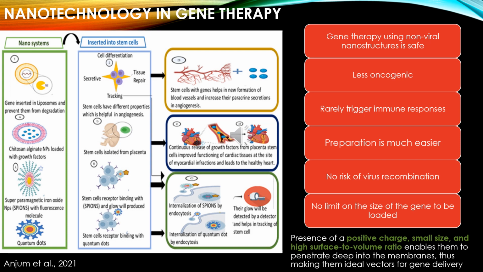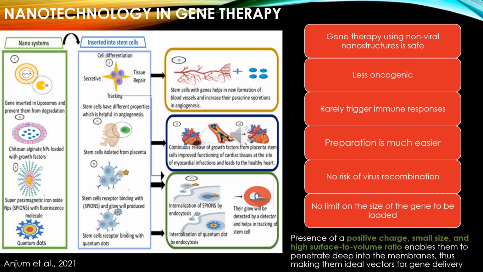The other routinely used vector system is the viral vector. These viral vector systems have been used for years in gene therapy, and are still being used. The prime use of viral vectors is that they can insert into the host genome, they form a stable insertion, and there will be a long-term expression of the transgene. So this property is very much suitable for gene therapy. The most commonly used viral vectors are lentivirus, retroviral vectors, and adenoviral vectors.